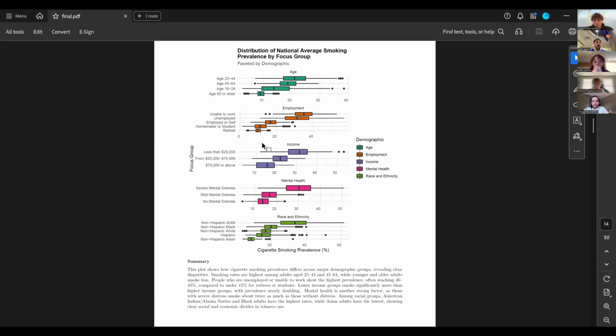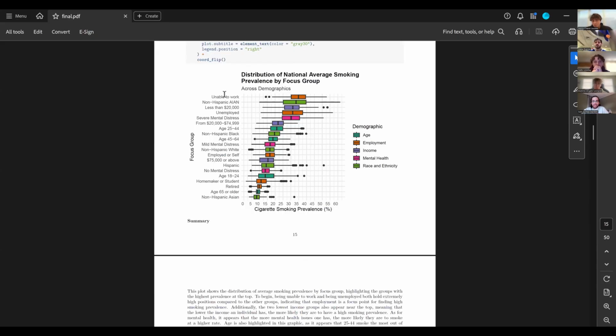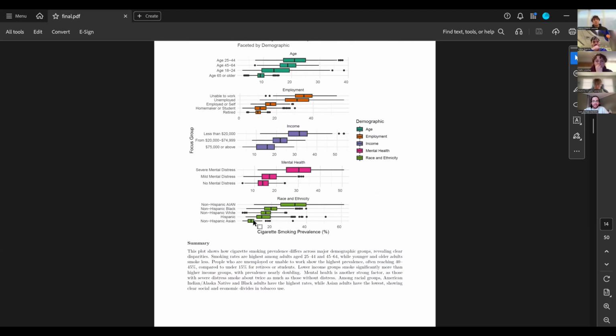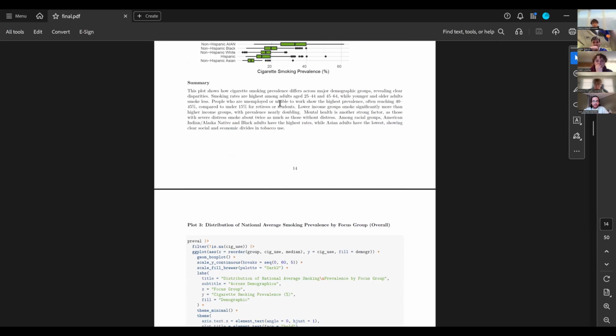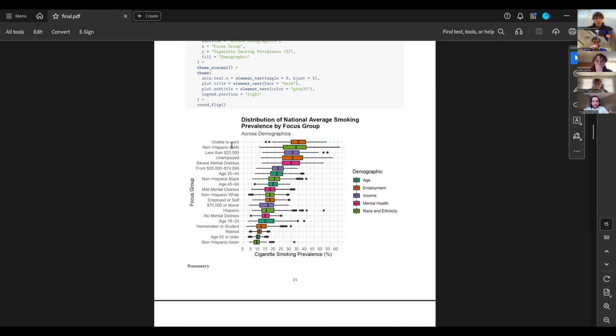So we can move on to a related plot, which basically takes this plot up here, which is useful for in-group comparisons, and splits it up across demographics. This is useful because it's a lot easier to compare the prevalence for maybe someone in the race and ethnicity category compared to a group in the age category or something like that. Here we can see that people who are unable to work, non-Hispanic American Indians and Alaskan Natives, people with less than $20,000 of income per year, people who are unemployed, people who experience severe mental distress,